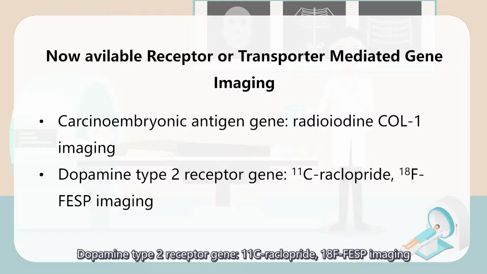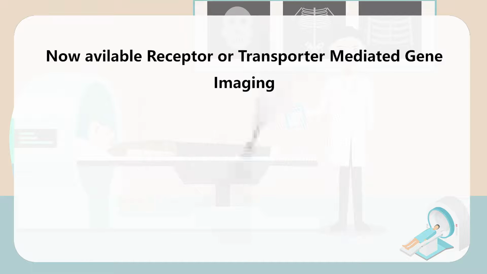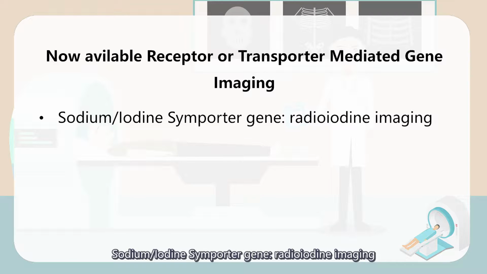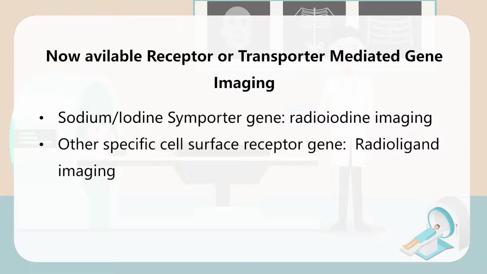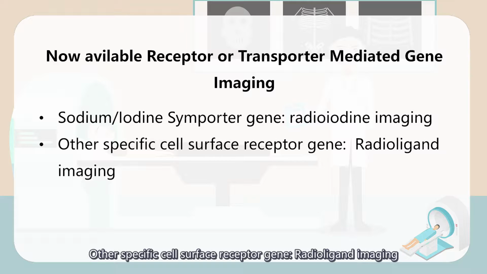And second, dopamine type 2 receptor gene. For example, carbon-11 raclopride, F18 FESP imaging. And third, sodium iodide symporter gene. We can use radioisotope labeling. We call it radioiodine imaging. And the final, like other specific cell surface receptor genes,